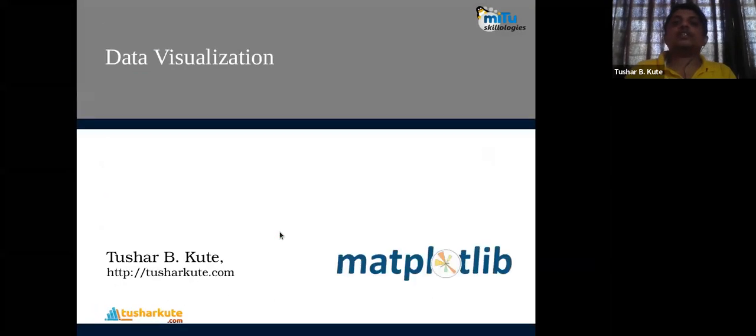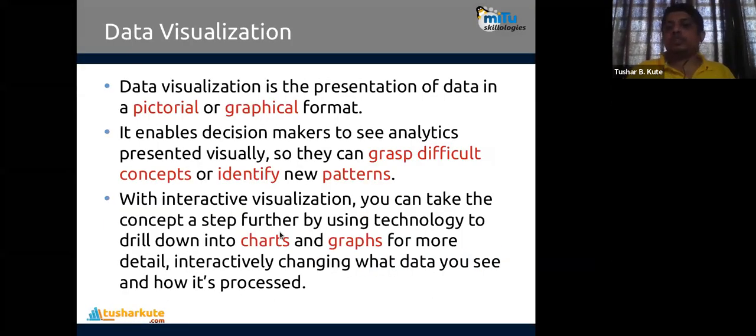Okay. So visualization. What is visualization? It's a representation of data in a pictorial or graphical format. Pictorial and graphs, two things are there. Like you might have heard, a picture says more than words. If you want to summarize something, any event or the data, the graphical method, image or pictures will perfectly summarize it.